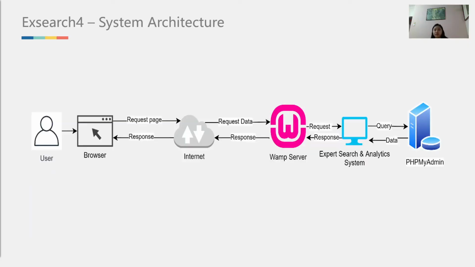So as shown in the diagram, the user can access the page by using web browser, provided that the machine has internet access. The expert search system is hosted on web server, and it establishes connection between local web server with the system website, hence enable user to access the web page and perform actions. Any request from user will go through the internet web server and reach to the expert search system. So all the data are stored in database and only retrieved when there is a query coming.